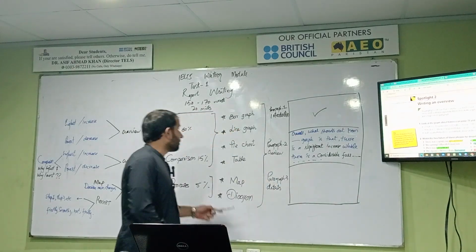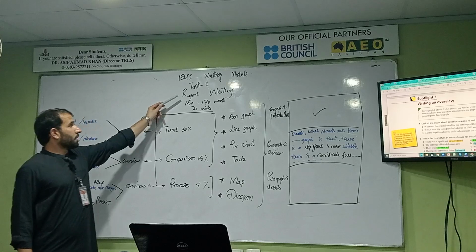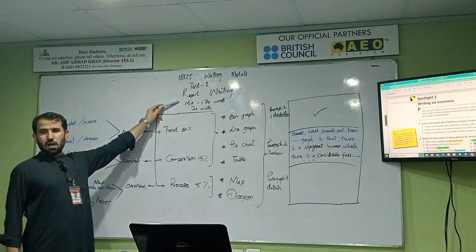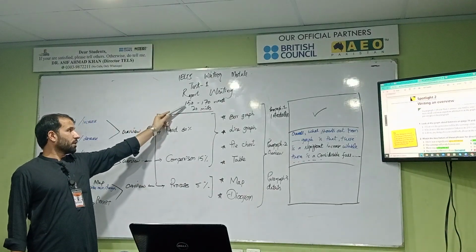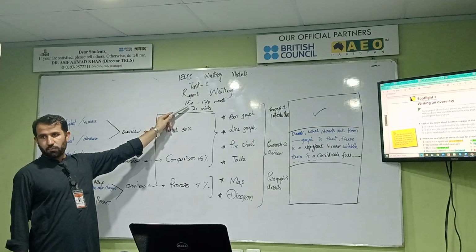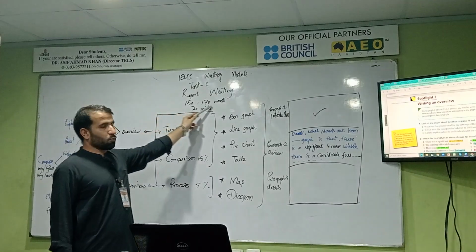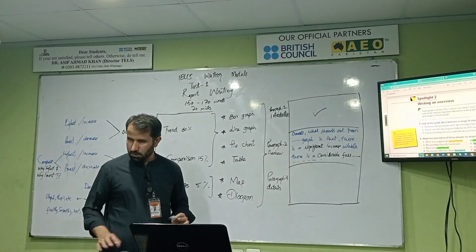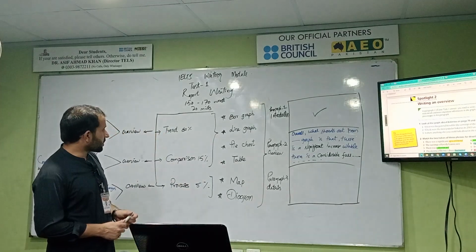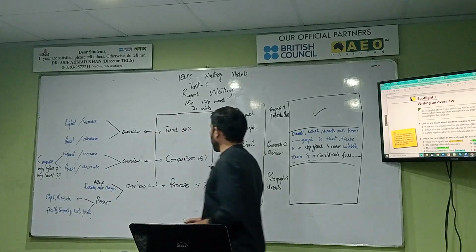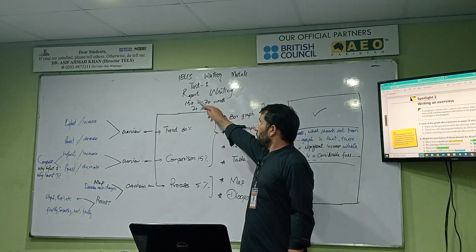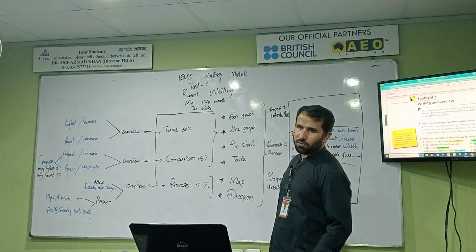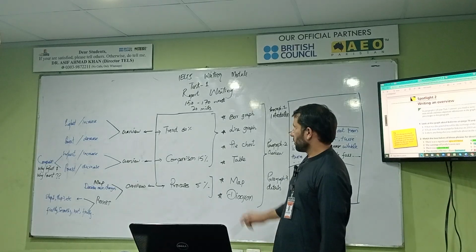In the IELTS writing module, task 1 is report writing. You will write a report of 50 words up to 170 words in just 20 minutes. Got it? Now, yesterday we were talking about the report that you will write,